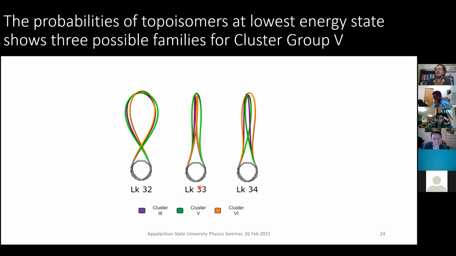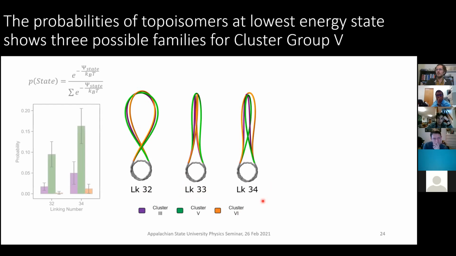So you would see that linking number 32 is closed with a really nice open loop. 33 and 34 have this mixed state. Some of them are closed and some of them are open. But if we take a look at the partition function to see what's the likelihood that these are going to occur based on energetics, what's interesting is for twist cluster group 5, linking number 32 and